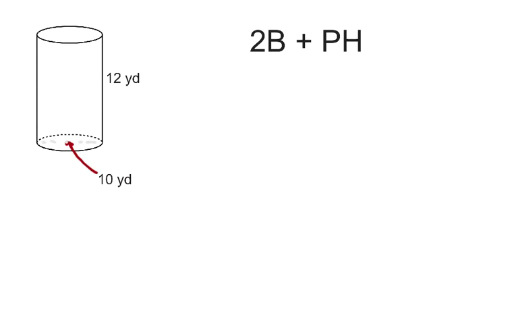Okay, now this is a cylinder. Okay, nothing changes on what we do. We're still finding the area of the base. I still need to identify my base. My base this time is a circle. My formula to find the area of a circle is pi r squared. Okay? In this case, it gives me the diameter, which is 10, so my r would be half of that, which is 5. So 2 times pi